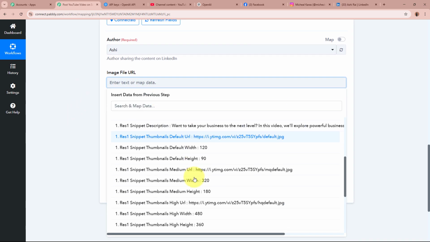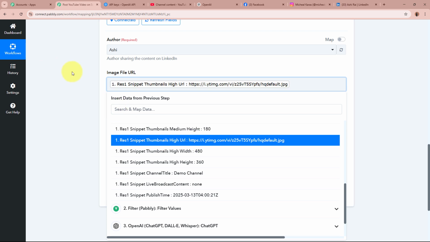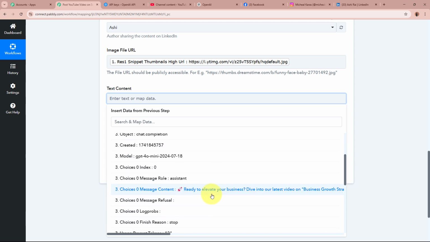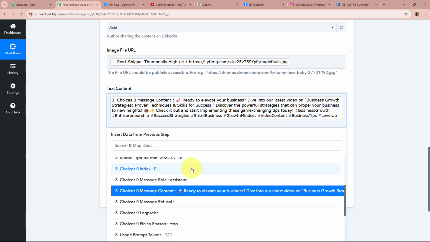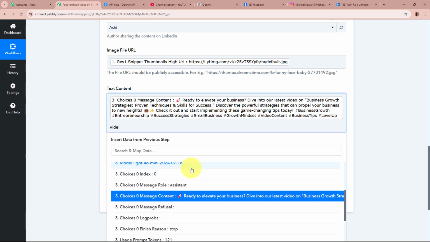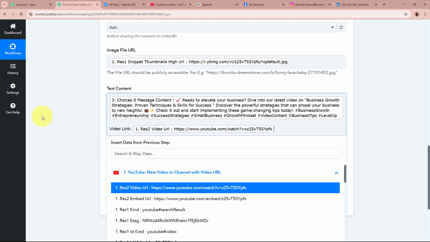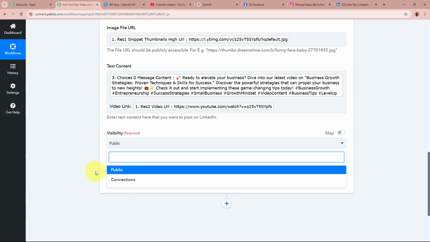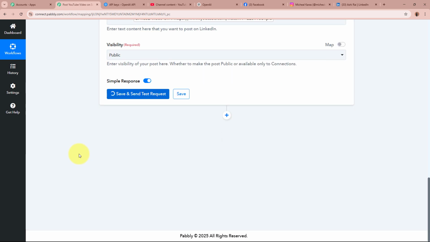For the image file URL, I'm going to map the data of this thumbnail URL from my previous response, okay? And for the text content, I'm going to map the data of the AI generated content right over here. With that, I want the video link, so I'm going to write over here as video link. And then I'm going to map the data of the video link that I've received in this step right here, okay? So this is the text content. You can select the visibility according to your requirement right here and click on this save and send test request